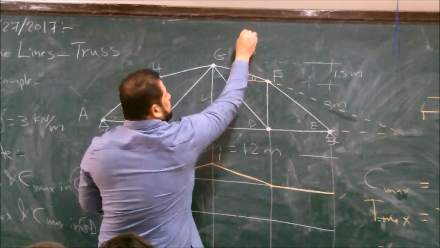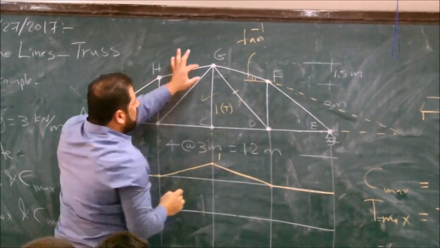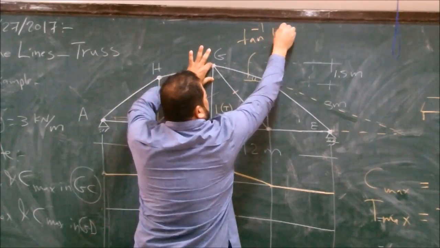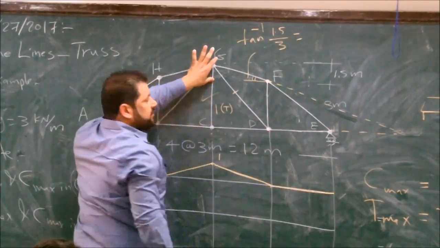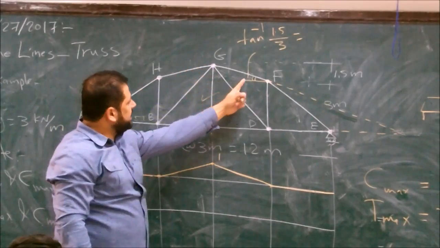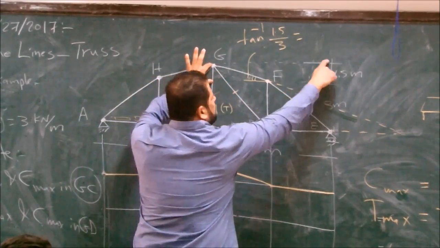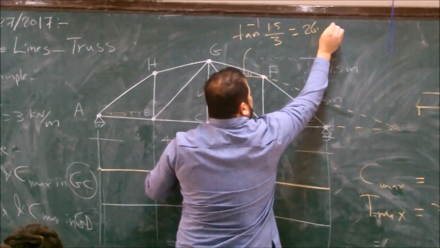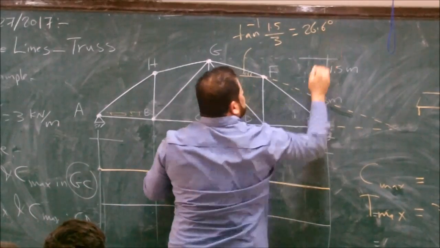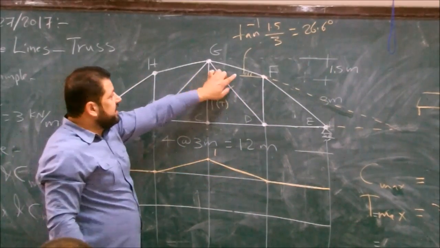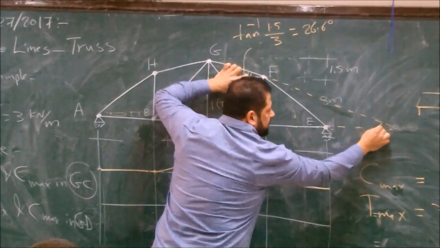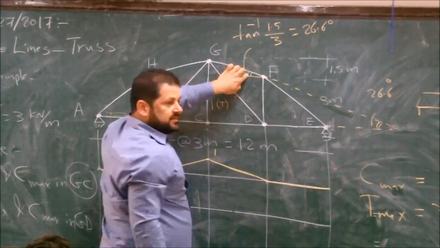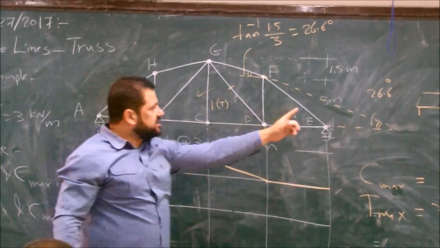This angle, tan inverse of 1.5 over 3, equals 26.6. Now look, is this angle equal to this angle? Yes. So this is 26.6. Good? If this is 26.6,